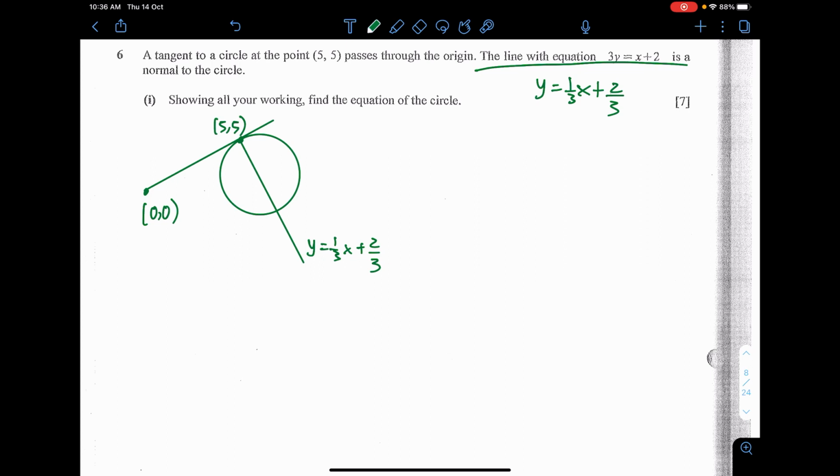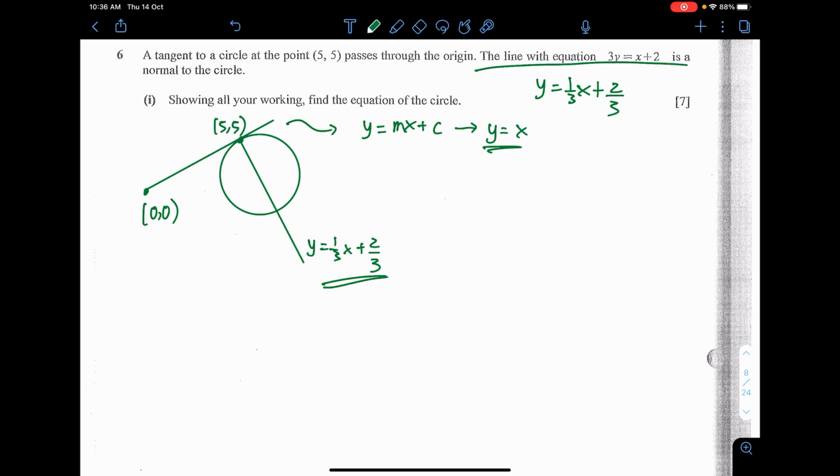Okay, wait, before I go there, let's find the equation of this line. y equals mx plus c. The gradient, with (5,5) and (0,0). If you find the gradient, you will get 1. Okay, and therefore I will get y equals x plus the intercept to the y-axis, which is, well, because you have (0,0), it basically crosses at 0 lah. So I just write y equals x. Okay, this is the equation of the line.